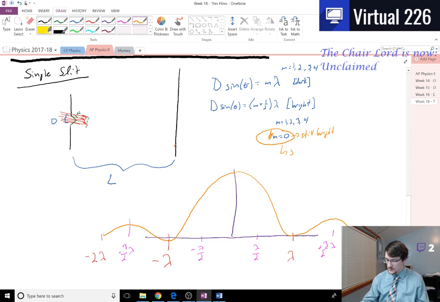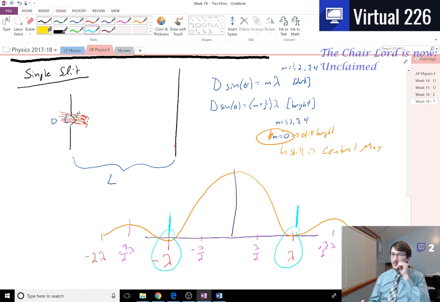Because you're still in this central maxima, we just start looking at the bright fringes later on. It also means that, because this bright maxima is bounded by the minima, the minima here actually become a little bit more important to think about when you're looking for the width of this bright fringe. So if I redraw this picture up here,